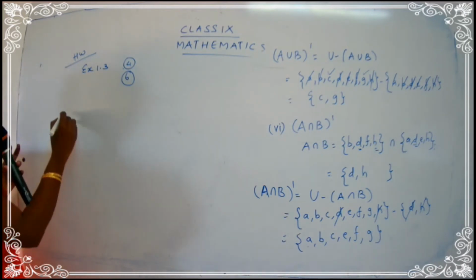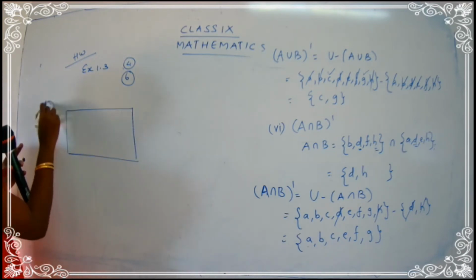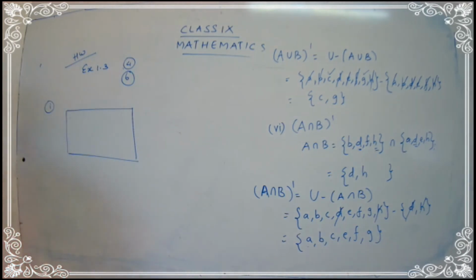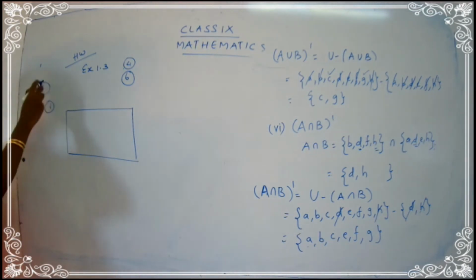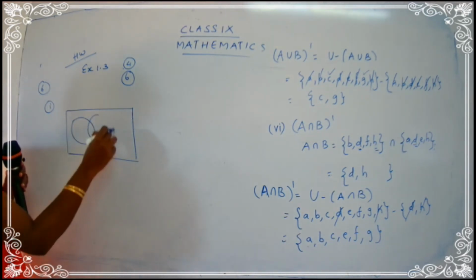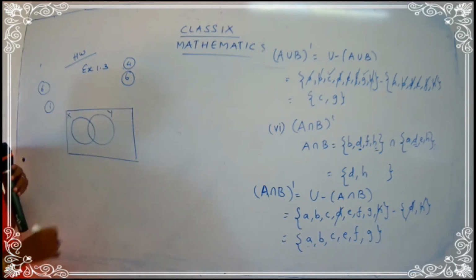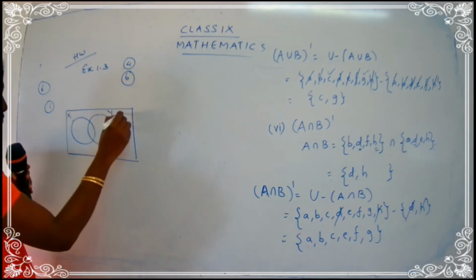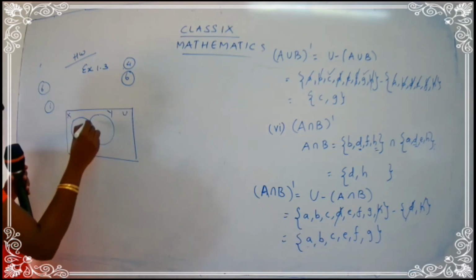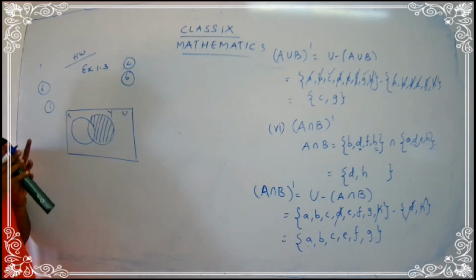For question number 6, I'll just give you an idea. I'll just go for the first subpart. How are you going to proceed for question number 6? You're going to write down question number 6. You're going to draw the first Venn diagram. It's very simple, children. You're going to draw circles. One is set X, one is set Y, and you have your U. What they have done is they have shaded the Y part. The pink color is the shaded part.